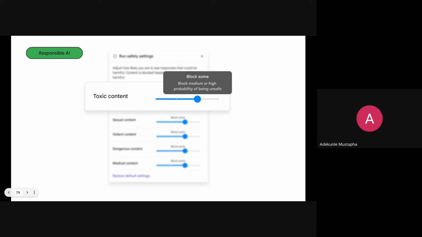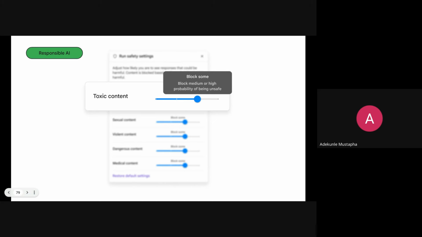comprehensive evaluation while you are using these models. Let's say you are using Gemini to generate content about maybe a science fiction; it's possible that there is some dangerous content in a science fiction, and you want the model to do very well in generating that content. In that particular case, you may want to reduce the severity of limiting the dangerous content that is going to show at that particular time. Depending on your use cases, you can choose the severity that works best for you.